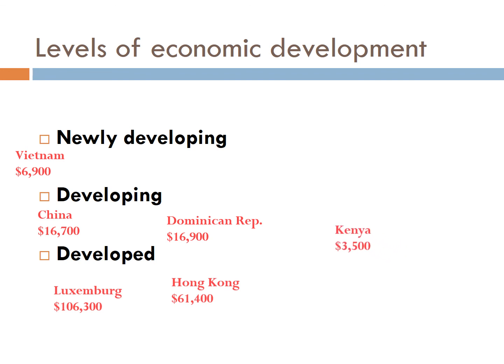Kenya would be classified as a newly developing country. A lot of medical and political issues in some of the African countries have not contributed to Kenya's apparel and textile manufacturing capabilities. So I guess this is the end of